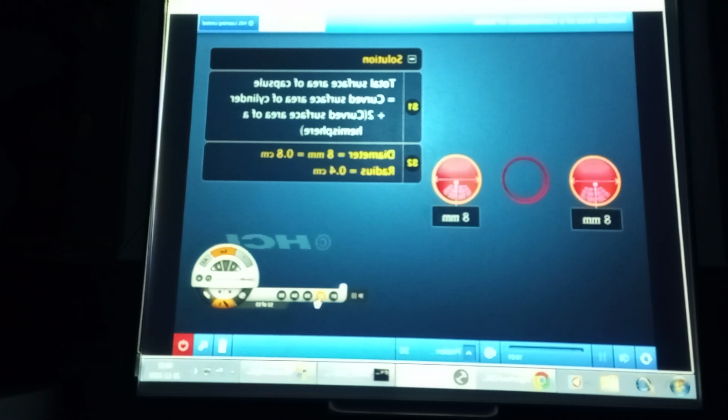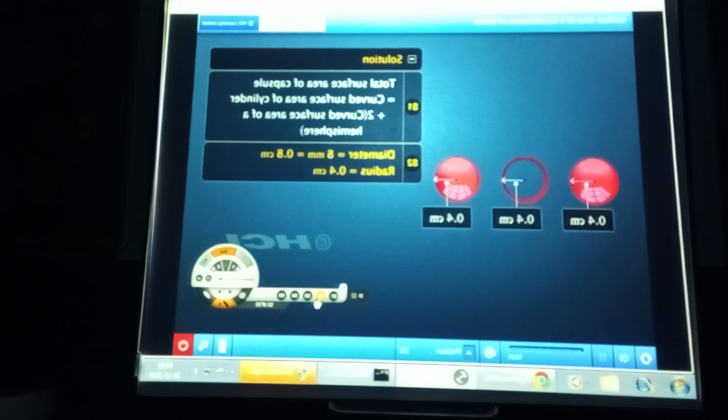Observe that the diameter of each hemisphere is equal to the diameter of the cylinder. We convert the units of the diameter into centimeters and find the radius. ध्यान से देखो अब इसको डायमीटर mm में था, अब हमने इसको सेंटीमीटर में कन्वर्ट करके और उसका रेडियस फाइंड आउट किया 0.4 सेंटीमीटर। ध्यान से